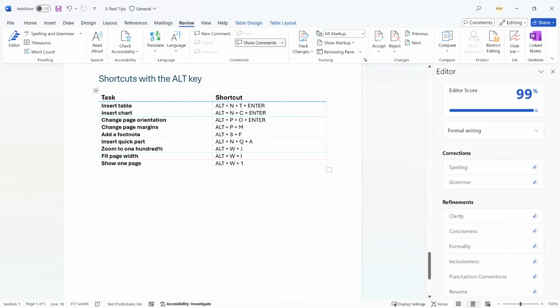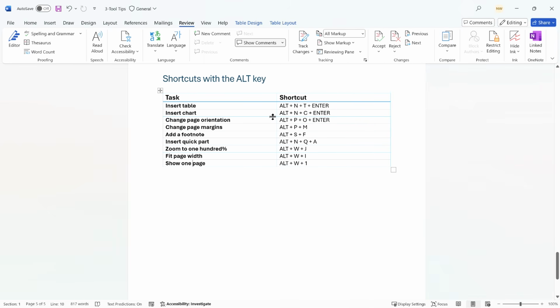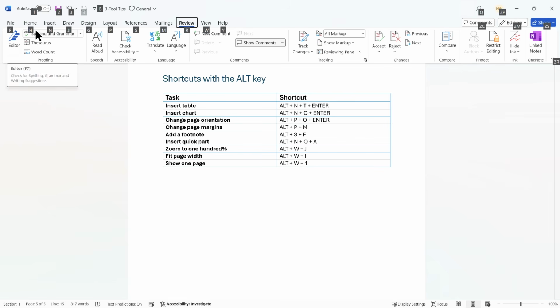It's a really nice way. So I'll go ahead and close my editor here. And I do have a table in here. So this is page 5 of document number 3, which is tooltips. And I've just added a couple of shortcuts here that we can actually use. Now, if you press the Alt key on your keyboard, so I'll go ahead and press the Alt key here. Now, if you take a look, you'll notice that all of the elements on the ribbon, even the quick access